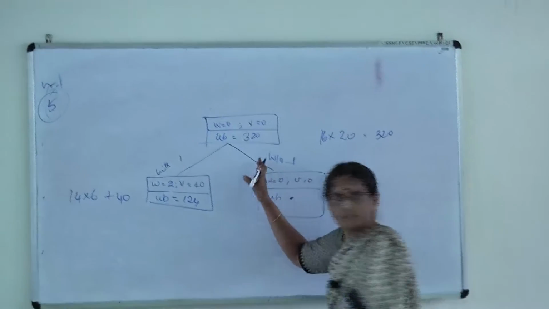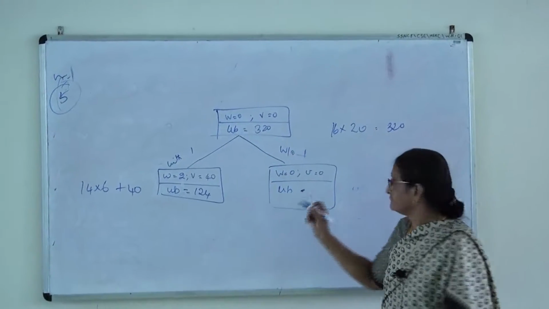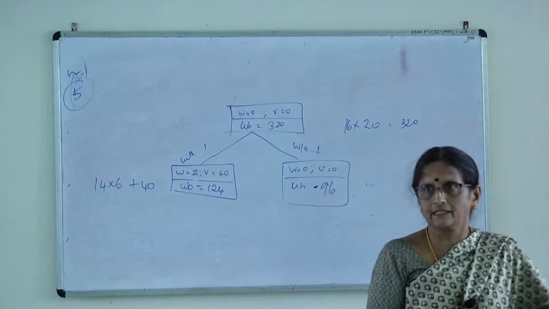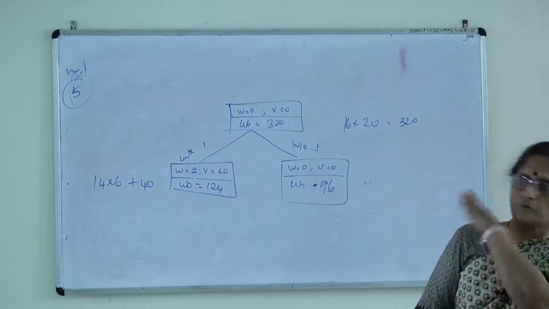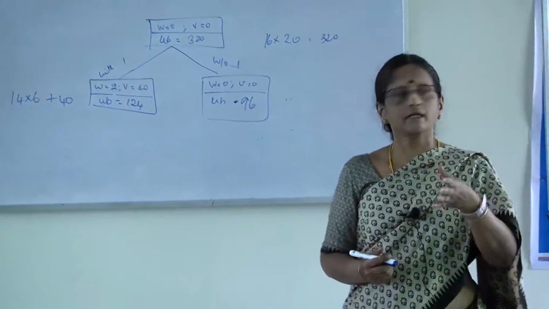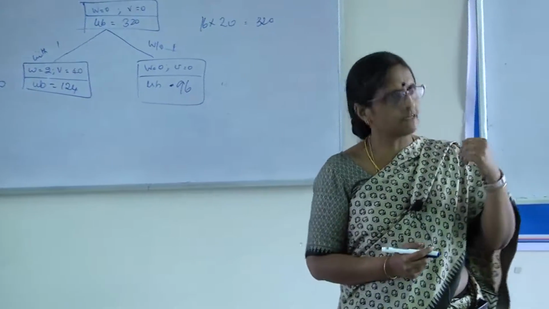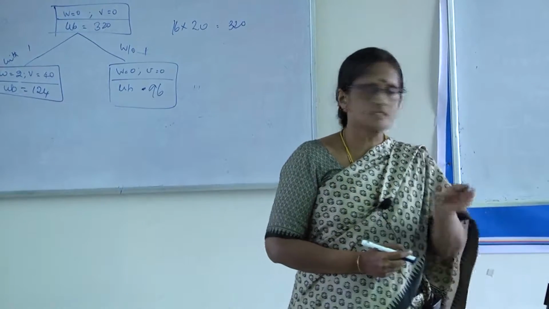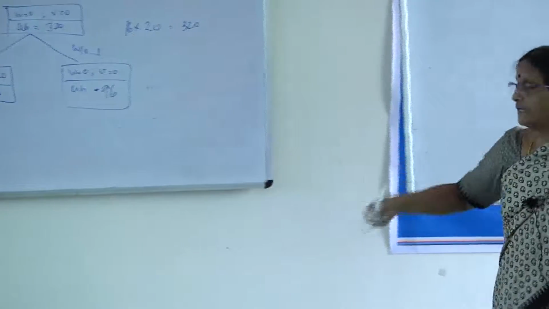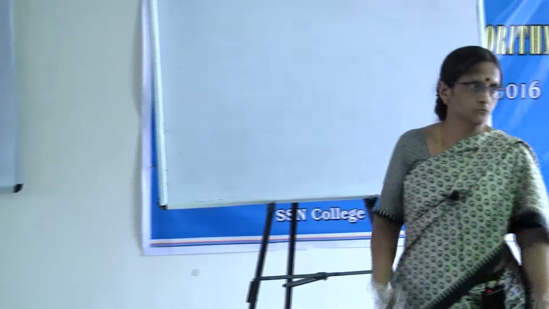Otherwise it would be as if I had not used this branch, right? Okay, is that clear? I have taken a decision. I am not going to take item 1. So what am I going to do? The entire capacity I am going to fill up only with the next valuable. So 16 into 6. So the upper bound is 90. I have to keep decreasing, otherwise I can't prove.